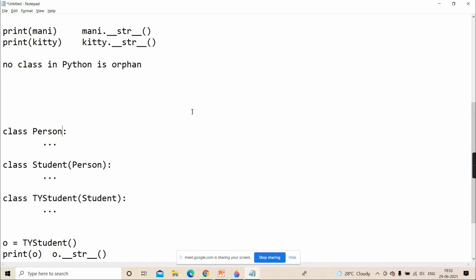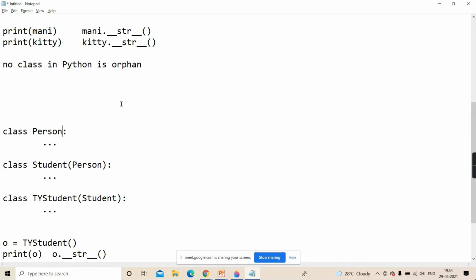Those who have learned Unix internals might know it more clearly. So person is not having any parent, so Python is going to give one parent class to person. We don't have to write it. And if you write it, then also it won't give an error. Like if you create person and write object here, no error. And if you don't write, then automatically the parent class will be given. So now person's parent is object.